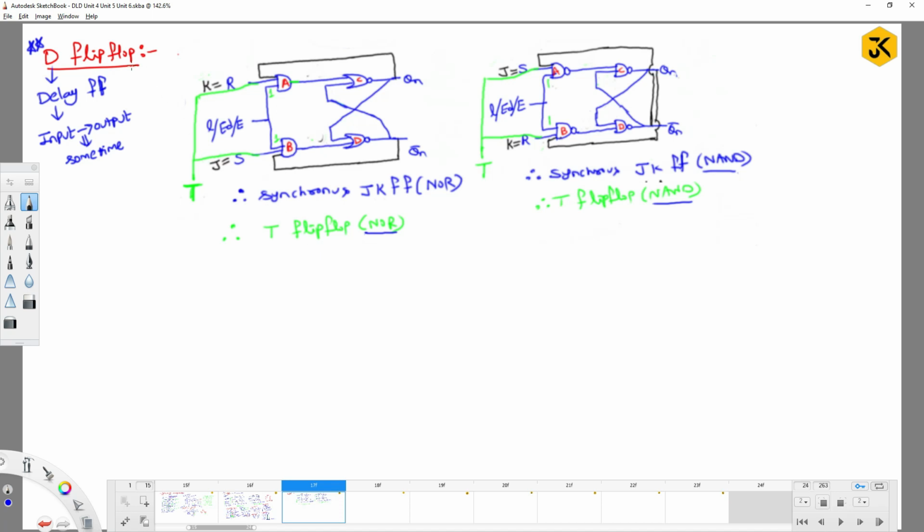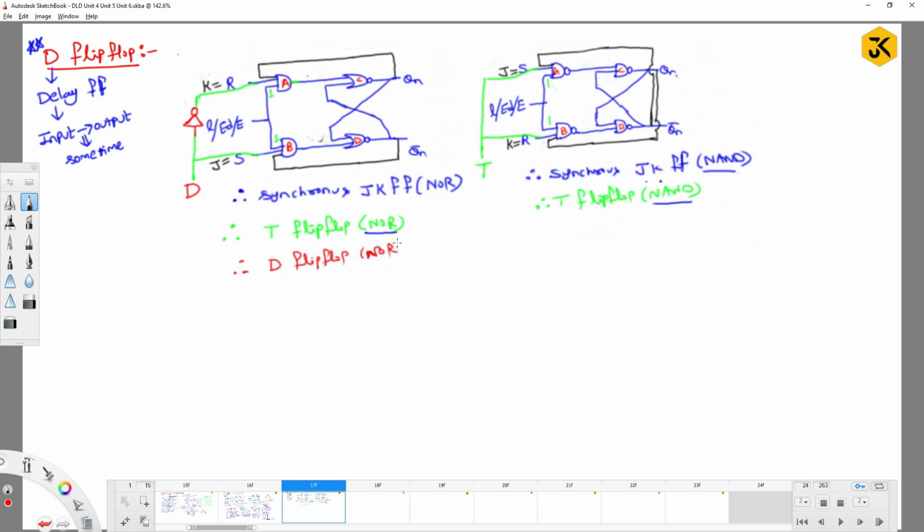The D flip-flop is the same as the T flip-flop. The difference is in the way your input is passed. Instead of passing the direct data, they are going to make it complement. So this is what we can now call the D flip-flop. Here I made it D. Technically I am writing it as D, right? Now this red color, this entire circuit diagram, I can call the D flip-flop